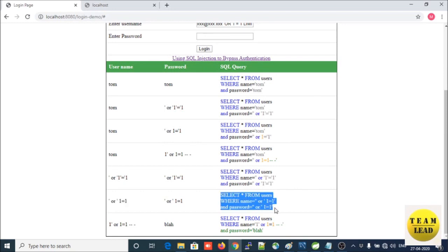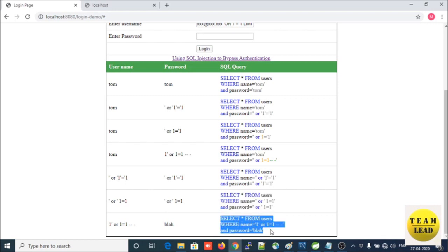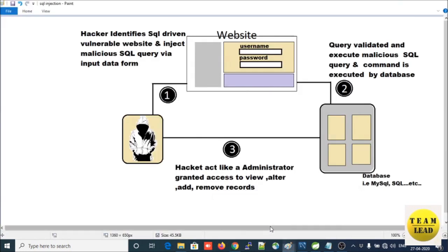You will see that this is how the SQL query is running, and it validates the user input that is entered, and even though it is a malicious input, it is still treated as valid. The query is validated and a malicious SQL query is executed, giving the command to the database. As the query is valid, the information related to that input is returned to the hacker. So indirectly the hacker is acting as an